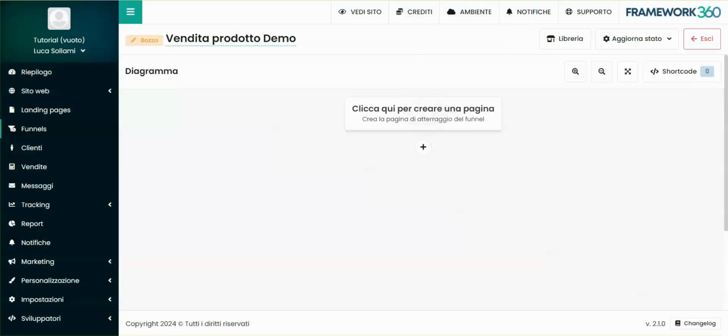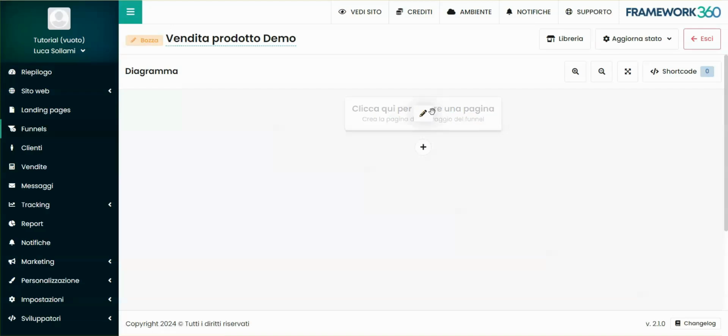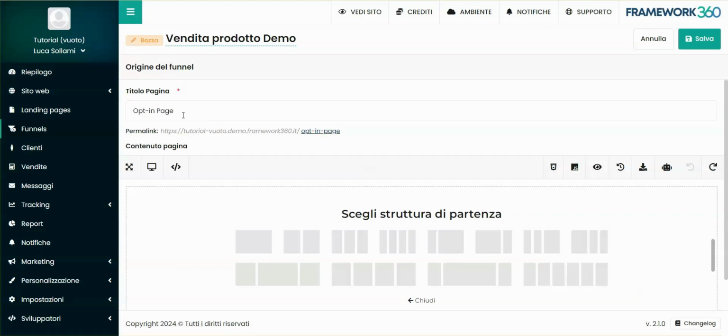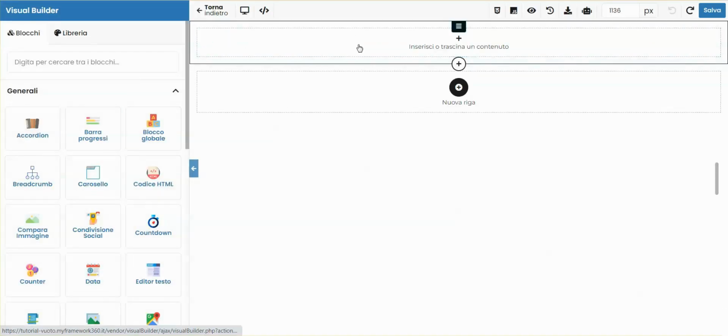The first step we saw, for example, in this case is the opt-in page. We click here to create a page. Let's call it, for example, opt-in page, but we can also call it step 1. We can give it any name we want. And then we start building our page by clicking on the classic visual builder that is found somewhat within every